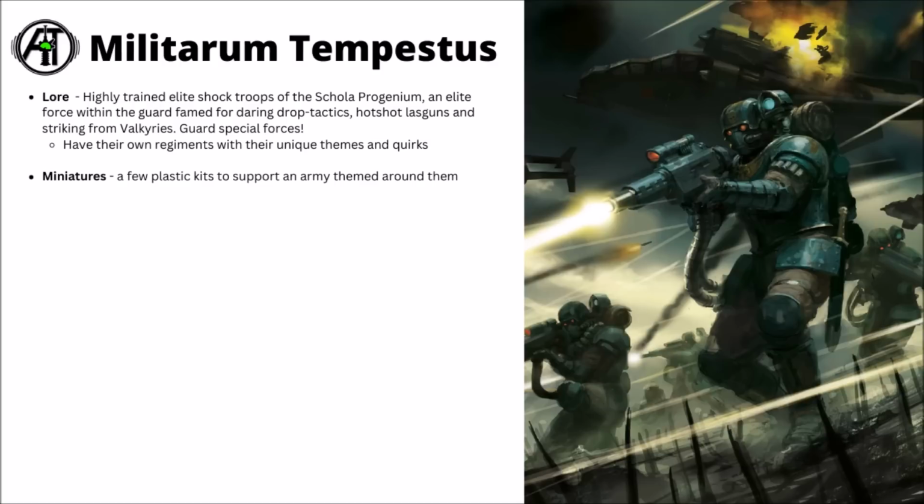They are far more professional and dangerous compared with their drafted counterparts from the Astra Militarum's main arms, given the finest gear, sturdy carapace armour, and then dropped into the most dangerous situations imaginable, often on the back of a Valkyrie. They're incredibly resourceful soldiers, able to get the job done, and are well known for dropping in close to the enemy, blazing away with their boosted hotshot lasguns,